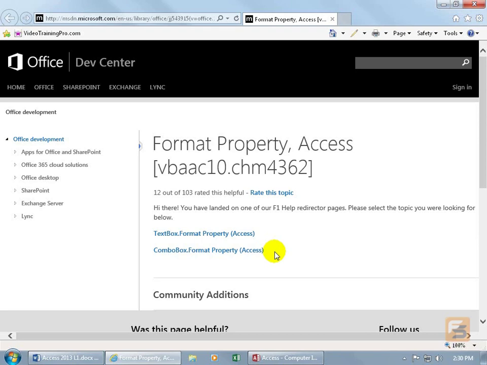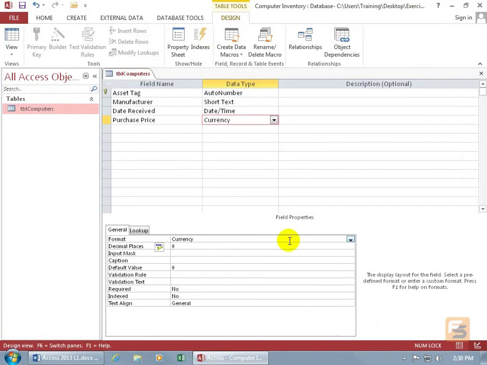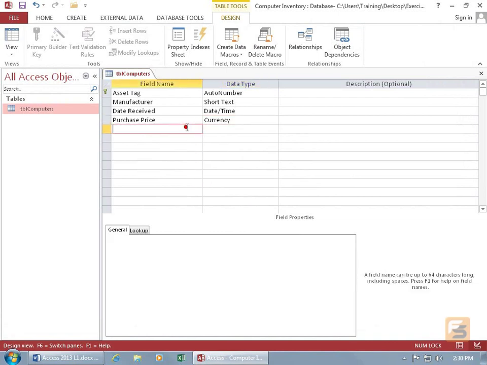So you need to keep in mind that Access is a process. First, we have to create the structure of our database. And once we understand the basics and learn how to create the database, then we can go ahead and start entering in our values. Let's go ahead and close out of here to go back to the database and add another field,